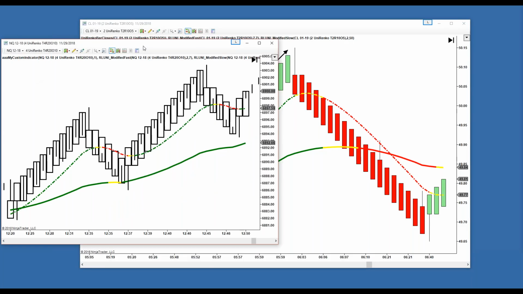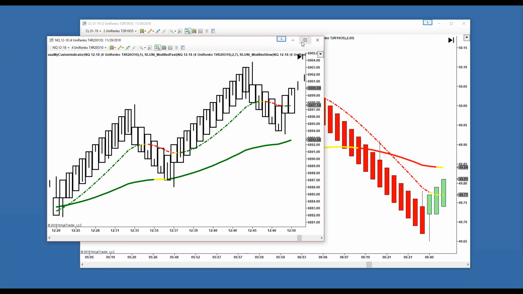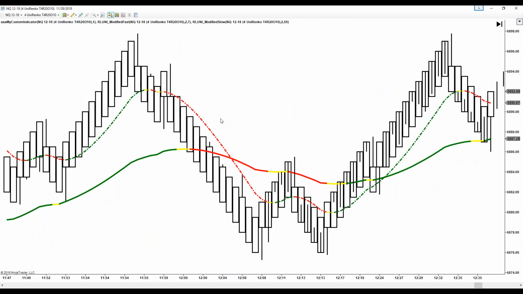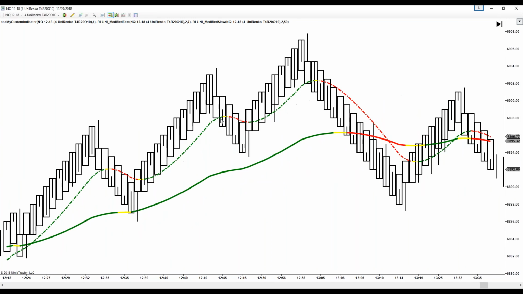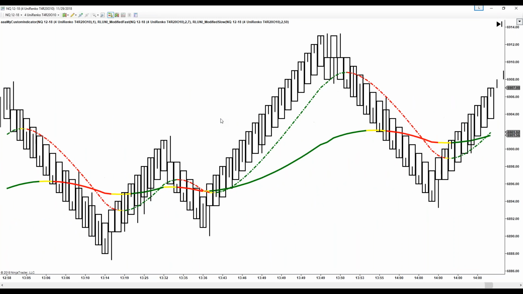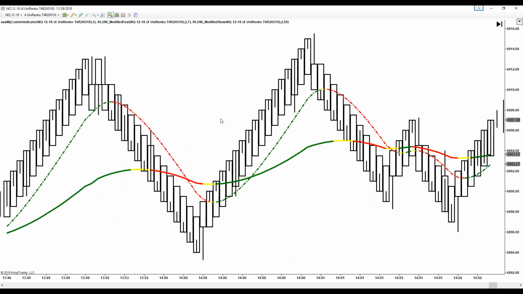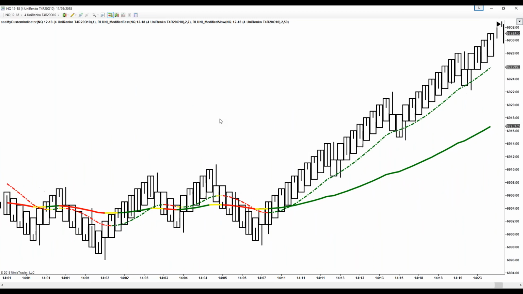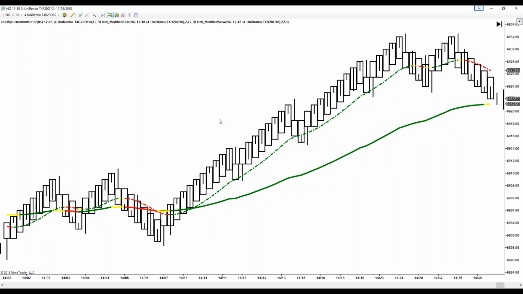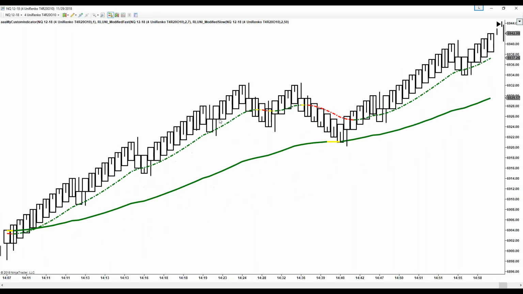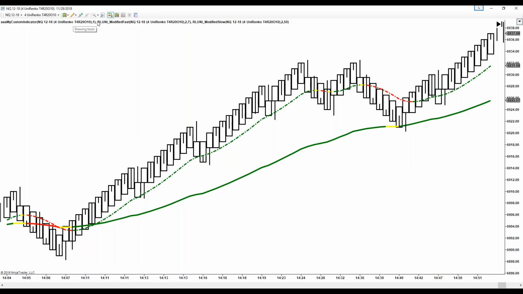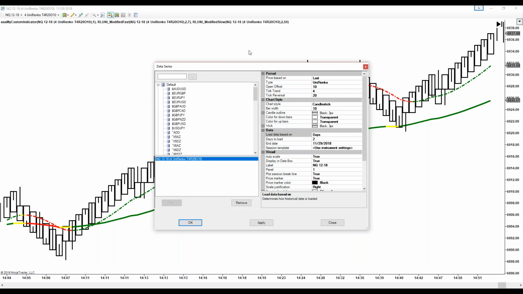Now, let me show you the Renko candles. They're the exact same candles. I don't have as many as I would like because they only form in real time. But what they do is pull back the curtain on the myth of Renko and allow you to see the truth of what's happening inside a Renko candle. And remember, I told you that on the NASDAQ, which is what I used,